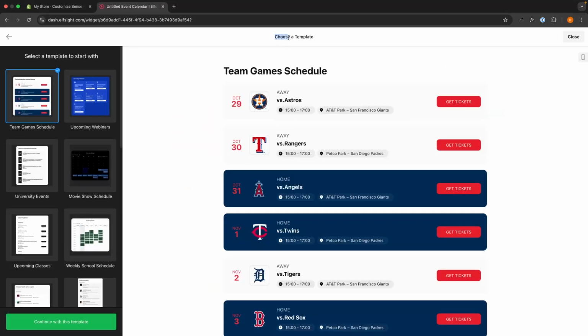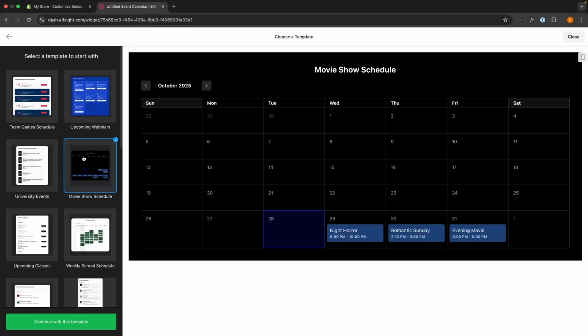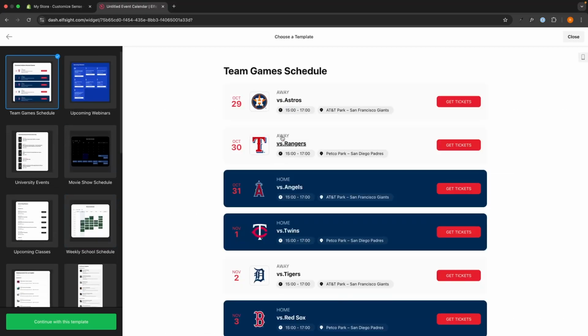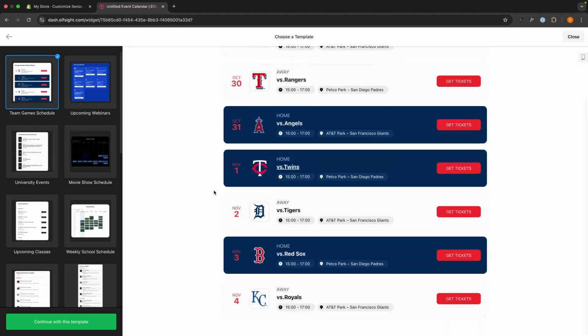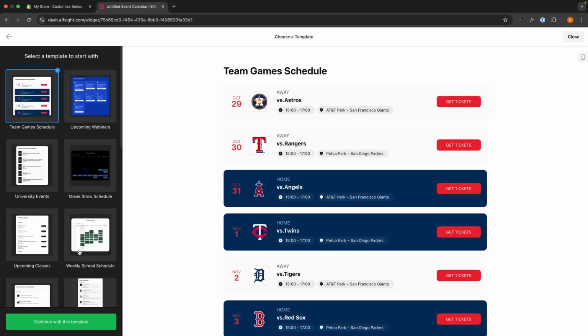And it's now going to ask us to choose a template. Now, in terms of which template to go with, it doesn't really matter because all of these are completely customizable. But the main thing that I would look at is, do you want a calendar that shows up like this, like an actual calendar, like one of these? Or do you want one of these where it shows the events and we can scroll down and see them? So just go through and choose the template that you like the look of the best,